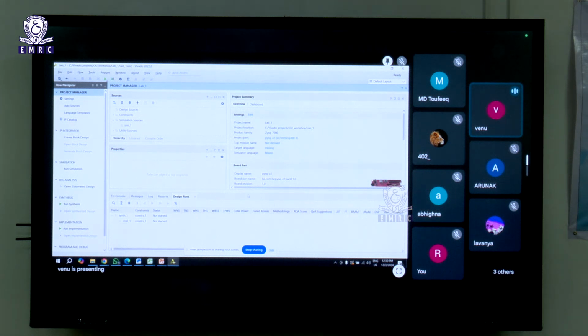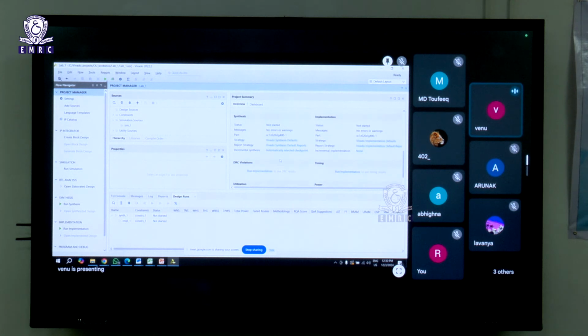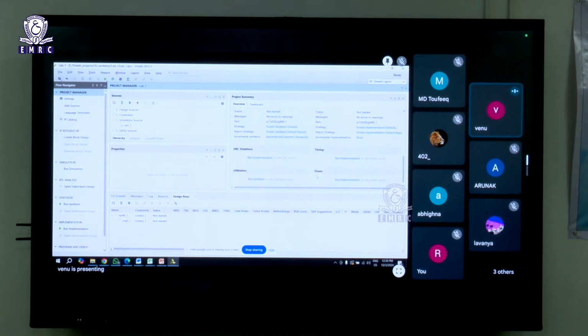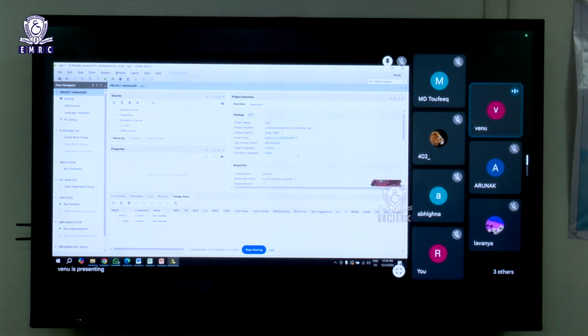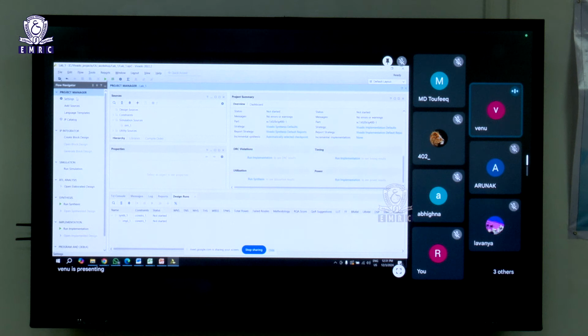You can see the boards that you have added, which board you are working on. If you scroll down, you will be able to see the synthesis, implementation, DRC violations, timing reports, utilization, and power reports. As of now there is nothing, but you will be able to see those. At a glance you will be able to understand what is happening with your project. And next come the bottom tabs: the TCL console, messages, logs, all the reports, design runs, and most important of all, our extreme left column,